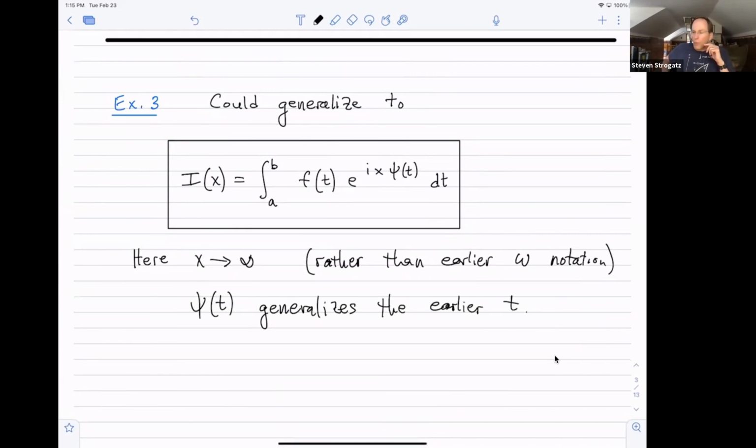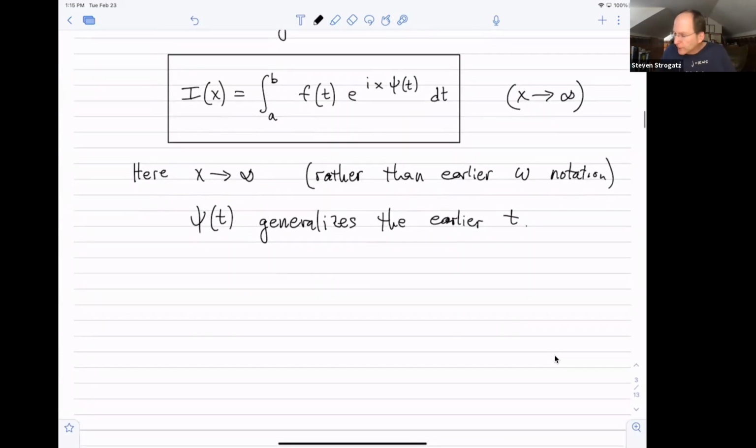Okay, so what does that do for us? Well, we would like to estimate this as x goes to infinity. And let's try naively just doing integration by parts to see what we would expect. So, applying parts to this,